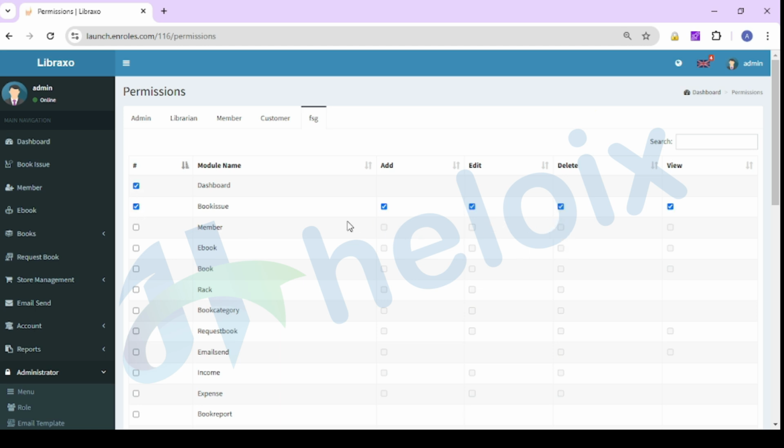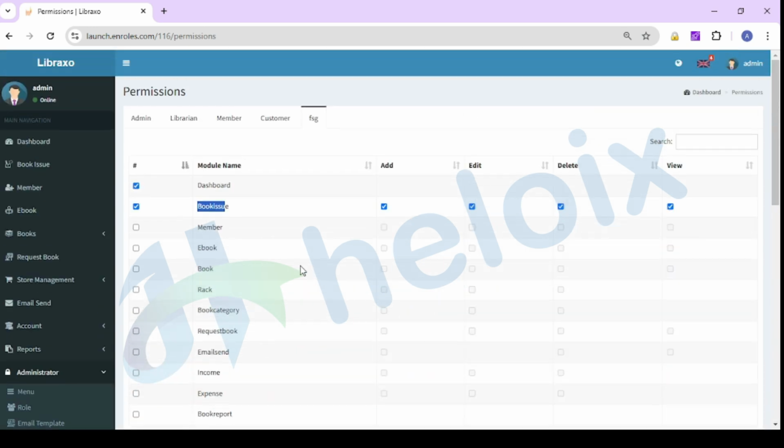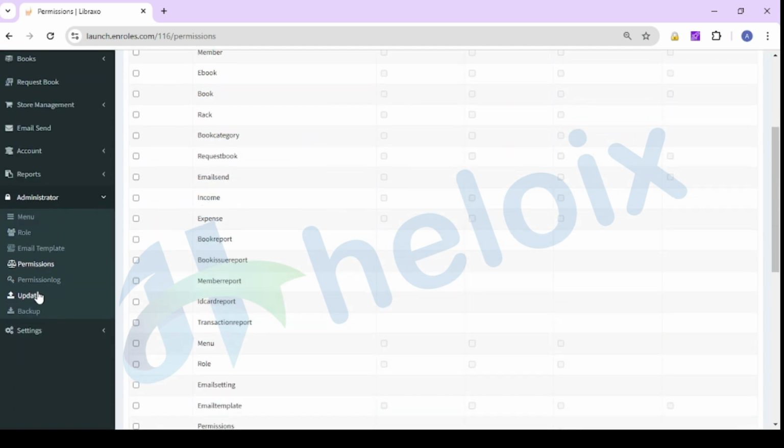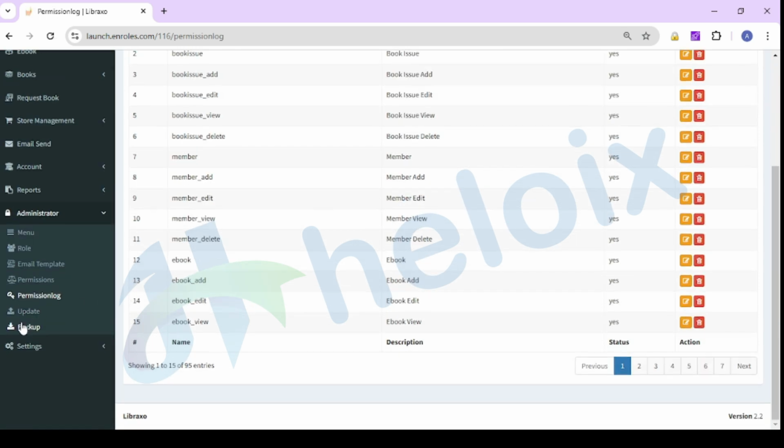If you allow this role to issue the book, you just need to click on these boxes and then save it, and then that user can easily access all the things. Here you can check the permission log data.